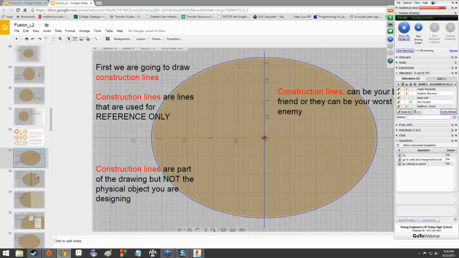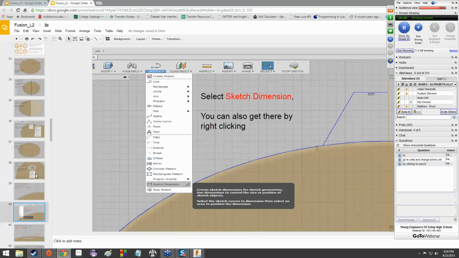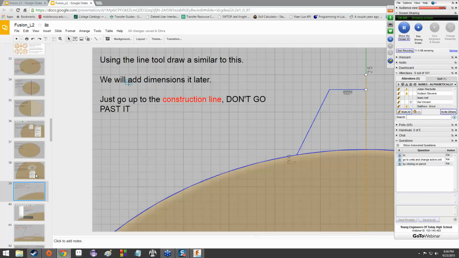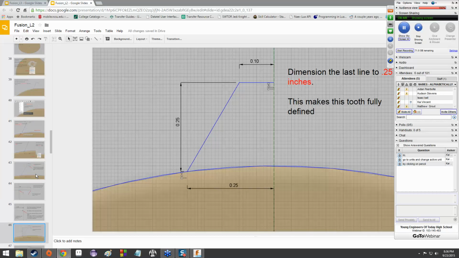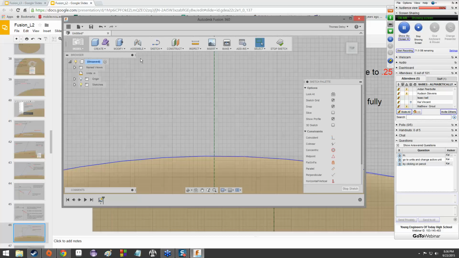Yeah, we already did the construction lines thing. Construction lines is one of those things. There we go, perfect. So the first thing we're going to do is sketch a couple of